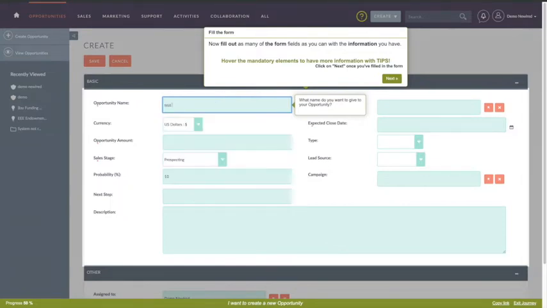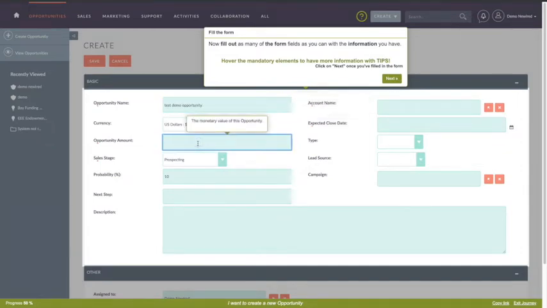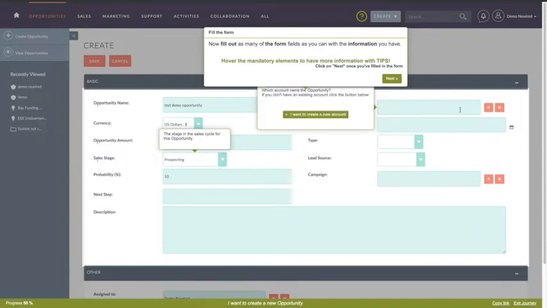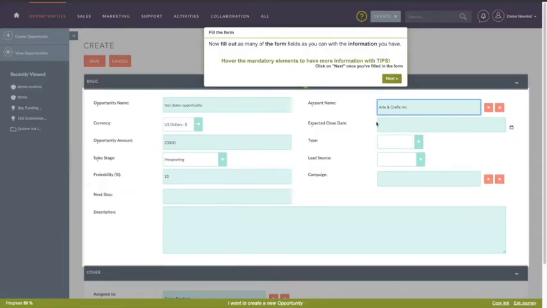I'll just put test demo opportunity. The monetary value, 23,000. Prospecting is good. Account name, okay, from the art and craft. Yeah. And it should be expected date, yes, 27th. All the mandatory elements should be filled. I'll click on next